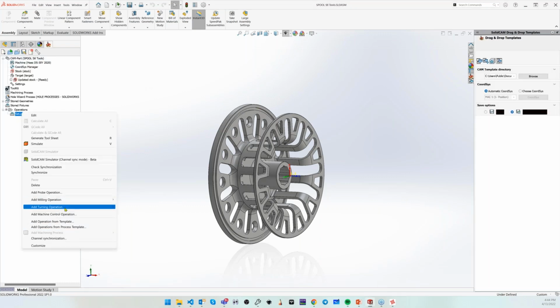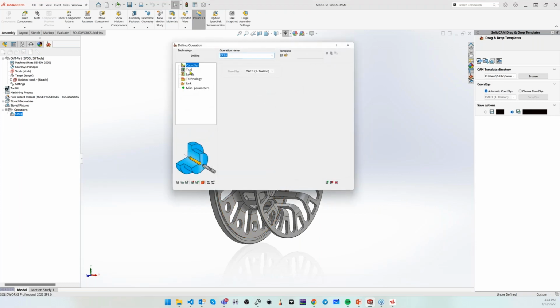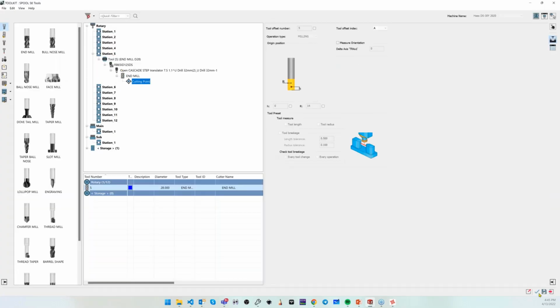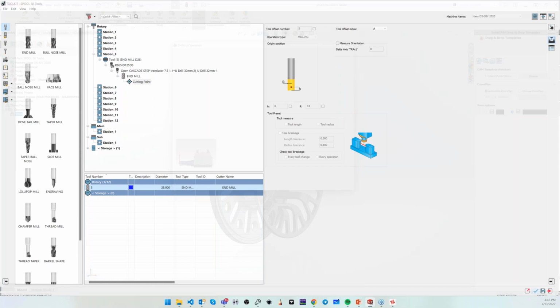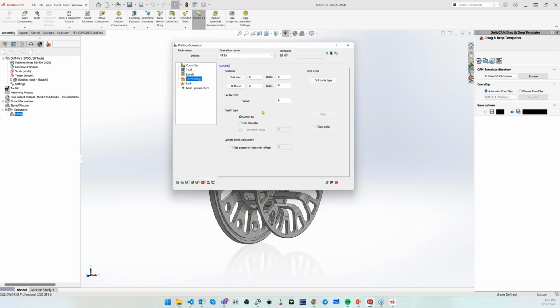I will add a turning operation here, some drilling part, okay. Let's select the tool. So first, you see we can use the tool now, the STL files for turning drilling, okay, and let's say